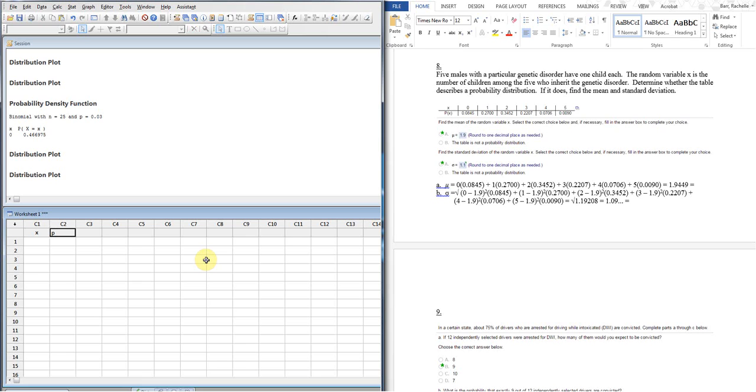So the first thing we need to do is actually enter in our data. So 0, 1, 2, 3, 4, 5. Don't ask why, that cat songs. Okay,